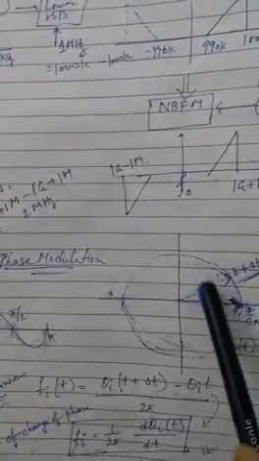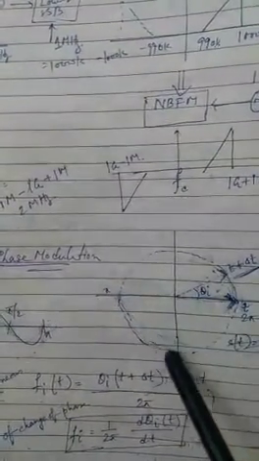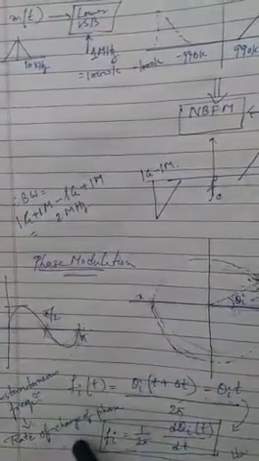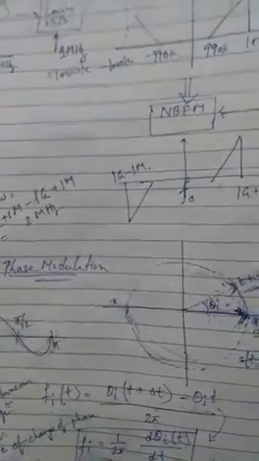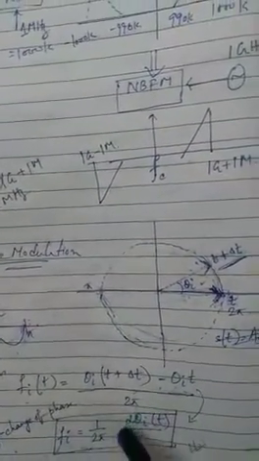Now the rate of change of this phase angle, divided by 2 pi, will give me my instantaneous frequency. As per the definition of instantaneous frequency, the rate of change of phase, I can write the expression in this way: fi equals 1 by 2 pi d theta i by dt.